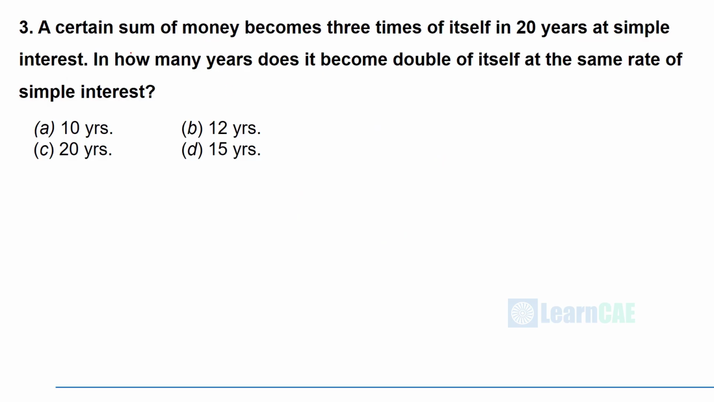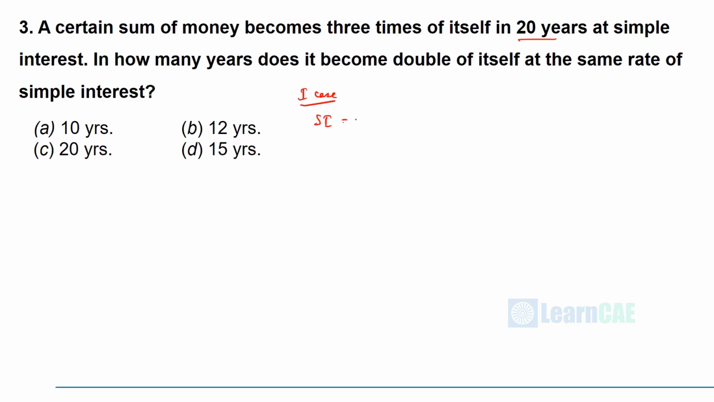Next question. A certain sum of money becomes 3 times of itself in 20 years at simple interest. In how many years does it become double of itself at the same rate of simple interest? Okay. It has become triple in 20 years. They are asking in how many years it will become double. Okay. In the first case,